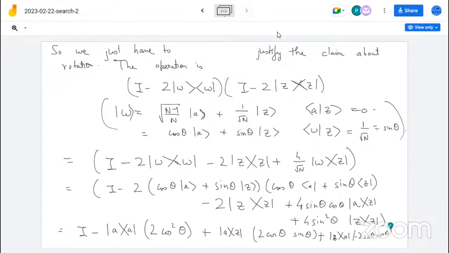And then there is a ZZ, which is minus 2 plus 2 sine square theta. Okay. So this whole thing now looks like